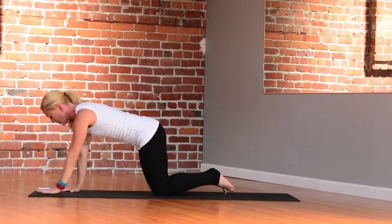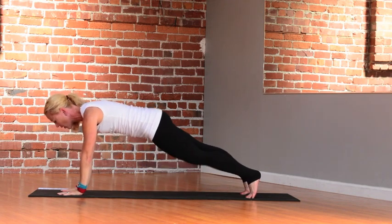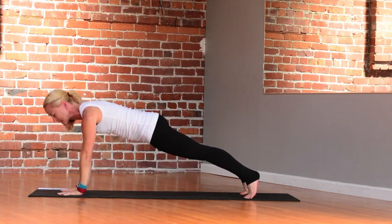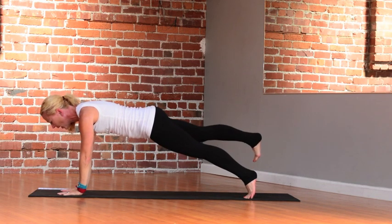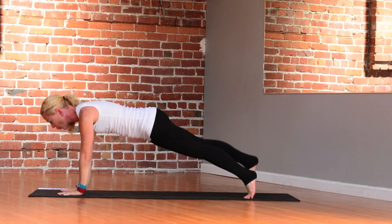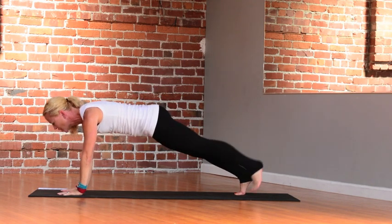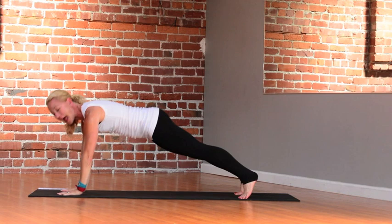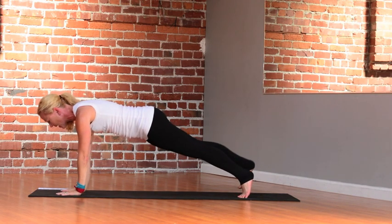Our last option is what I call the bird dog plank. Go back into your plank where those hands are below your shoulders. Tuck it up onto your toes. Again, belly button pulled to the spine. Squeeze those glutes. First start by just lifting one foot at a time. Just squeeze your glute and just lift it. You're not lifting it high, just barely up off the floor, activating that glute, and do that a few times,